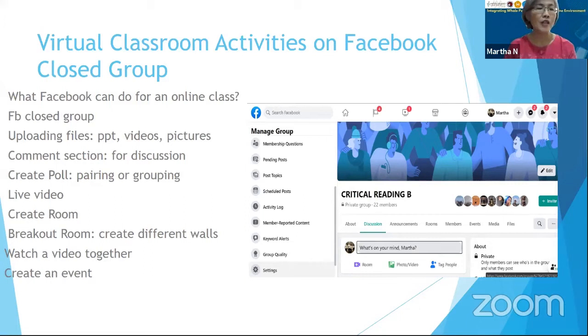And well, in Zoom, you have breakout room. On Facebook, whenever I want to have a group discussion, I would create different walls. So students in their group can communicate in that wall, especially for that group. And then there is also a feature of watch a video together and create an event.